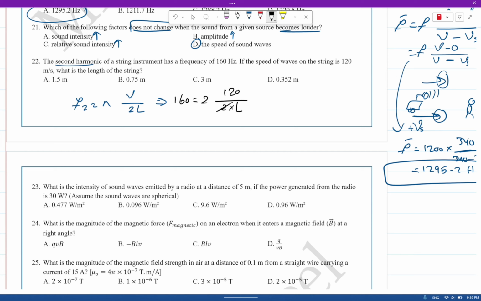The 2 and 2 cancel out, so the length of the string is 120 divided by 160. These 2 cancel out. 12 divided by 16 is clearly 3 over 4, that is 0.75. You don't have to do the mental math, by the way. You have your calculator, always use that. So the length of the string is now